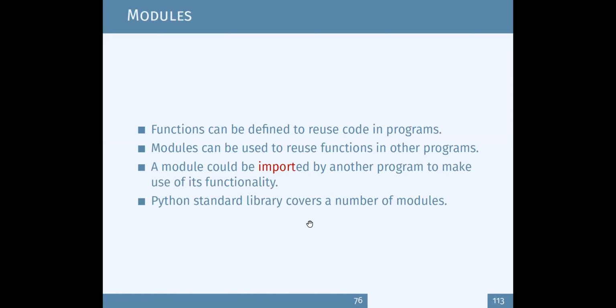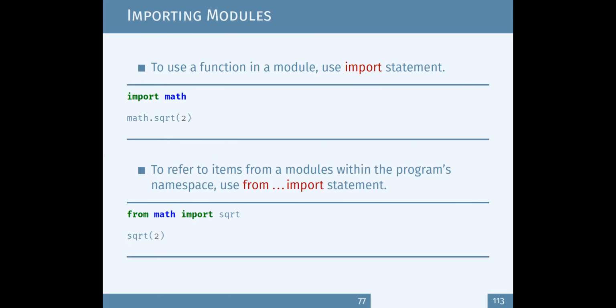The next one is modularization. Now, functions that we have created earlier, you can create a bunch of functions for a particular task to be done. But then you can save the functions as a separate file. These are called modules. That means reusable functions. Whenever you want to use reusable functions, you should use the import keyword. Like I told you, in Python there are many other libraries out there. For example, if you want to make use of the math module, we have to say import math. And every time you call, you have to use the math name.